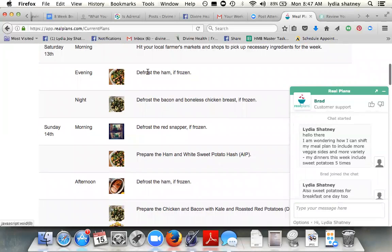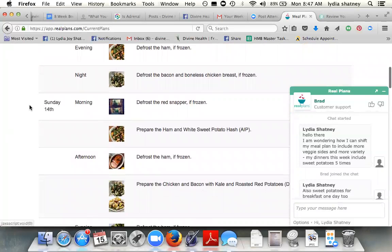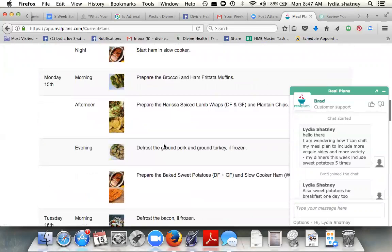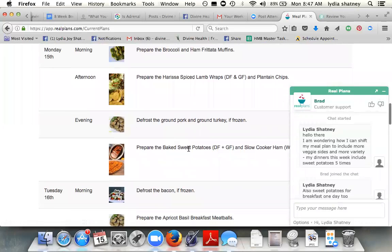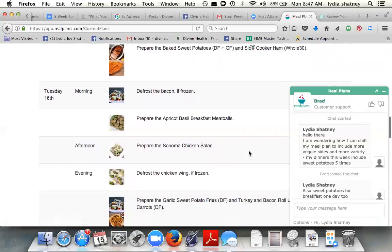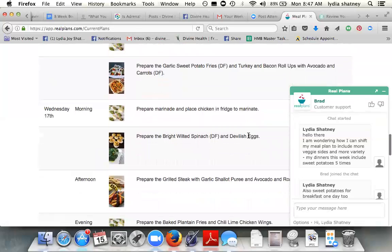You could even put this on a timer on your phone. The app sends you reminders, by the way, which is super cool. So it's just really, really helpful because some people don't know all the steps leading up to cooking a meal or preparing a meal or whatever. And that's where I think everybody gets kind of sidetracked